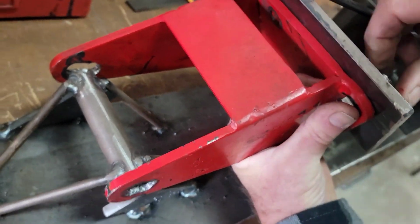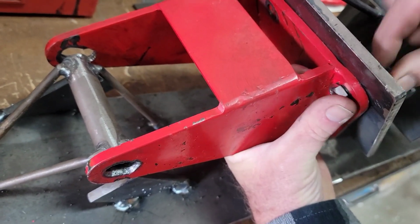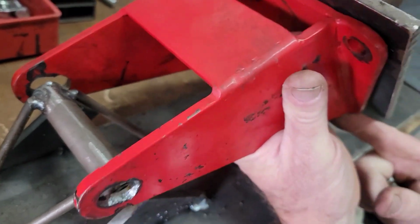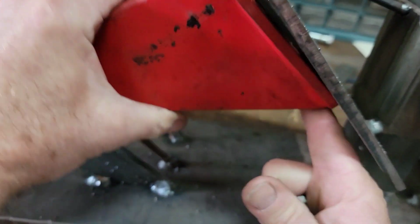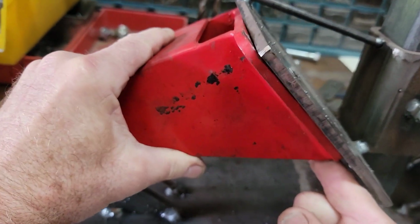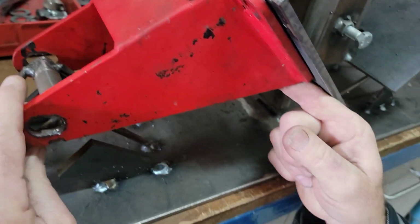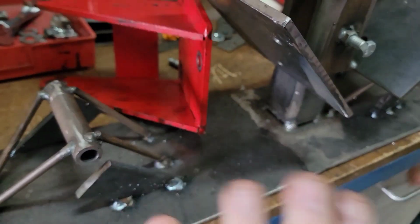So this is the bracket we just took out, and yeah, this jig is set up now for a 2-inch lift, and we can't even get it to sit flat against. That would be your engine right there. Yeah. And then, so this doesn't line up at all. No. So the whole thing was out of whack. Yeah, I think what happened is...